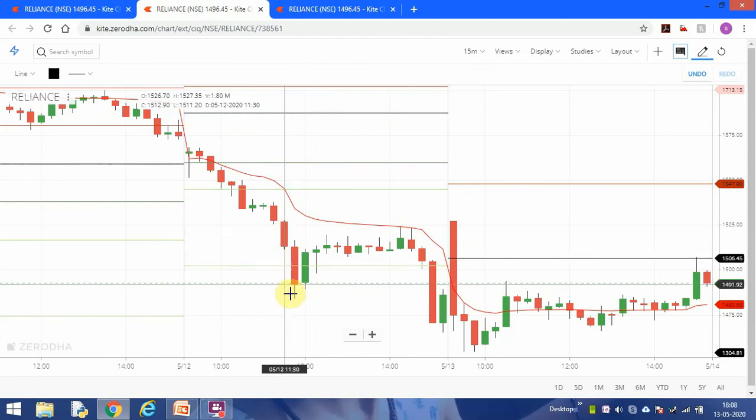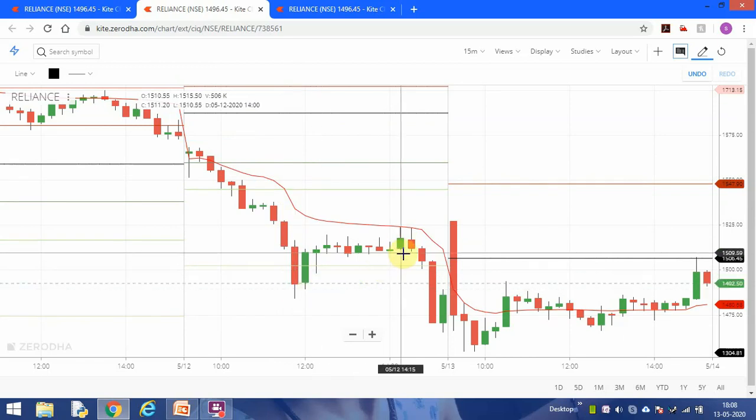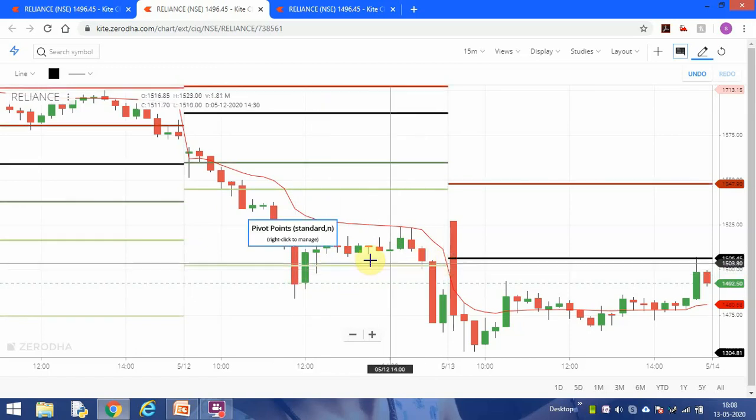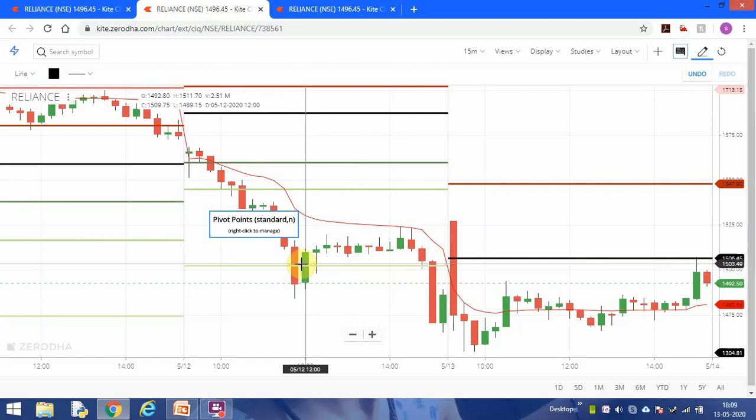40 rupees plus here 10. So you have got 50 rupees profit per share. You continue till even if this is the range bound market, you see this market is sideways. You see from 11:45 I already told the market goes range bound, you see. So you can exit here.